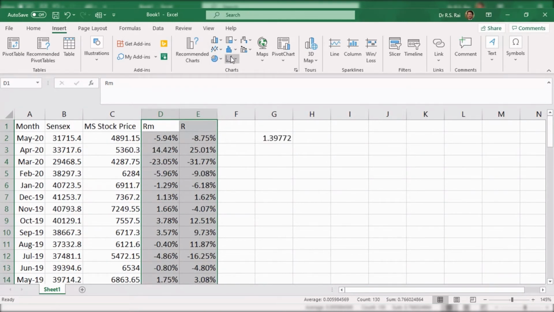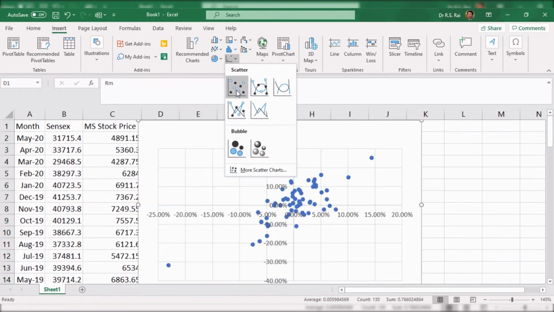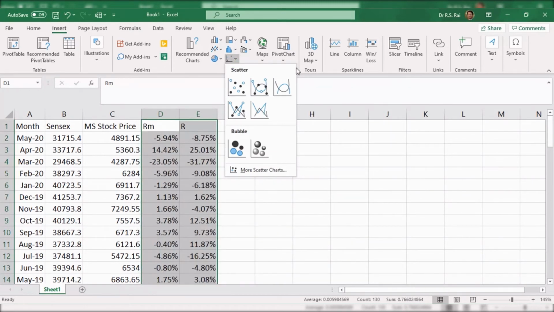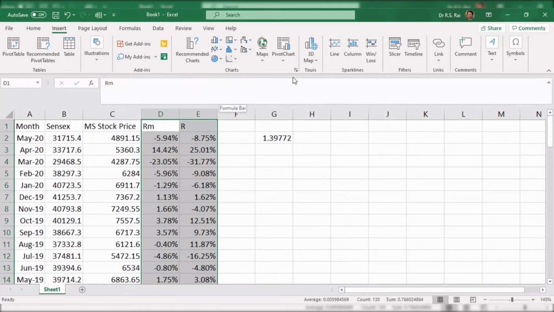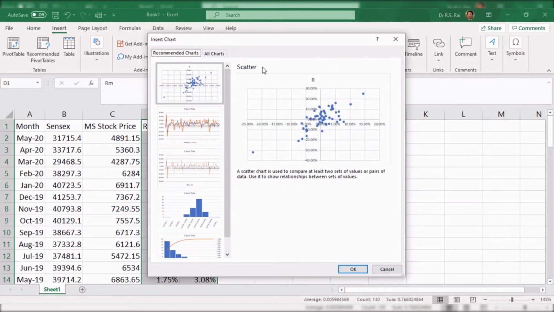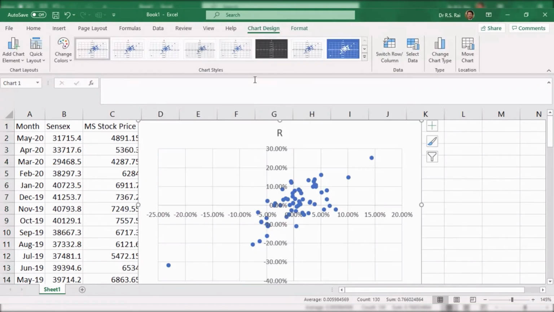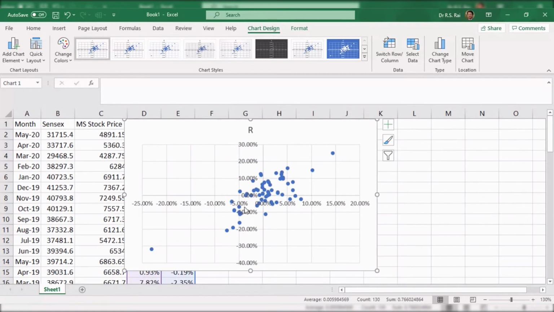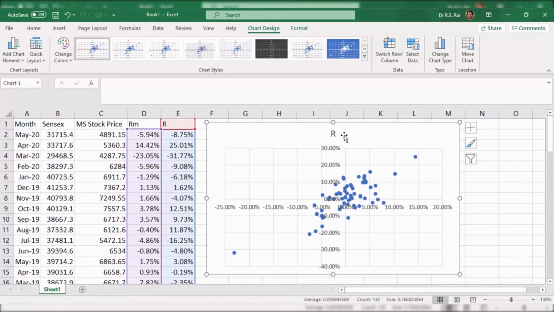You can directly select the scatter plot from here, or you can select it from here also, from recommended charts. So this is our scatter plot of data. You could see it is showing a linear relationship between returns of Maruti Suzuki and returns of the stock market.